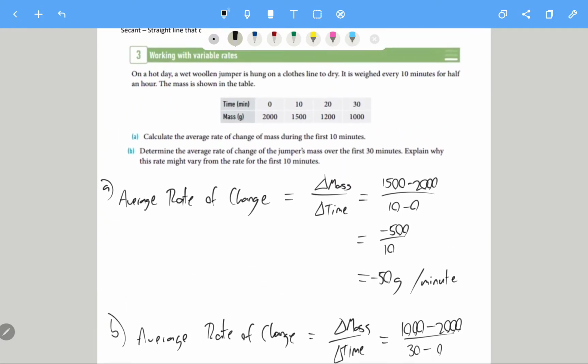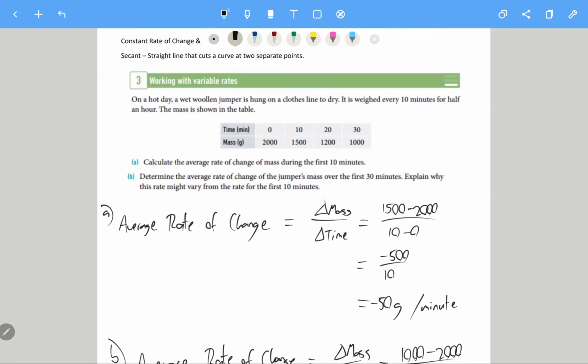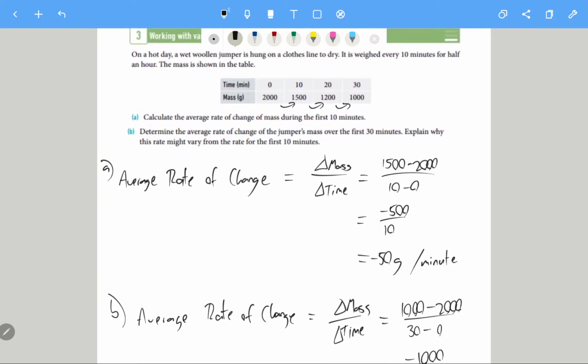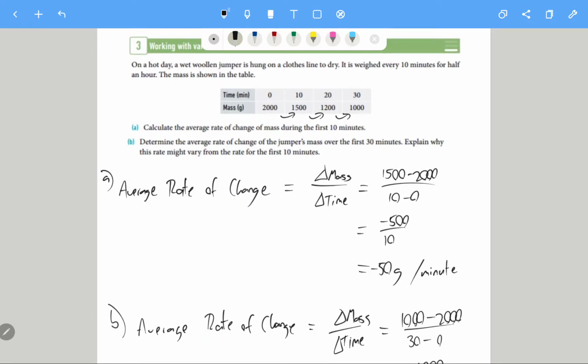Well, if you have a look at the amount, it's not going down by a consistent amount. In the first, it's going down by 500, then it's going down by 300, then it's going down by 200. And the reason this might be is that it's slowly going to approach the actual mass of a jumper. At the beginning there's lots of water, so some of it's dripping out, a lot of it's just seeping off. It's still pretty cold because it just came straight out, but over time it's going to slowly warm up,